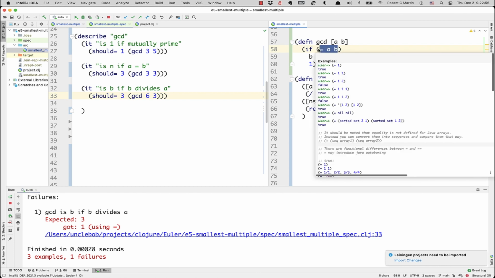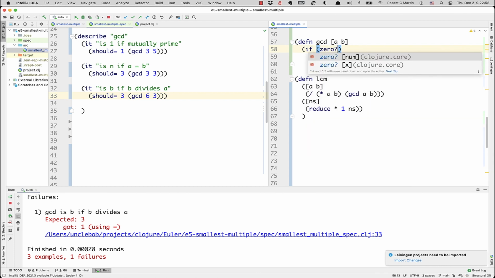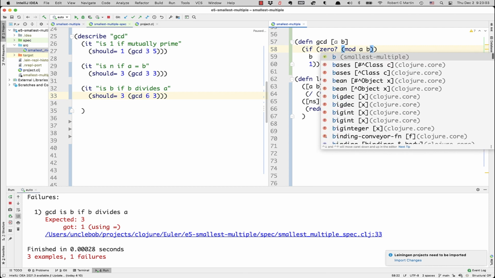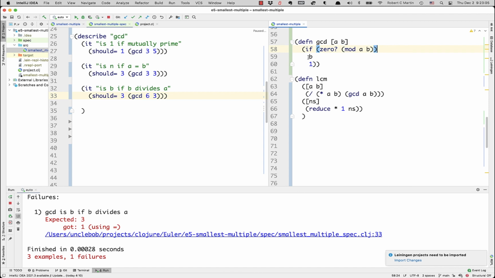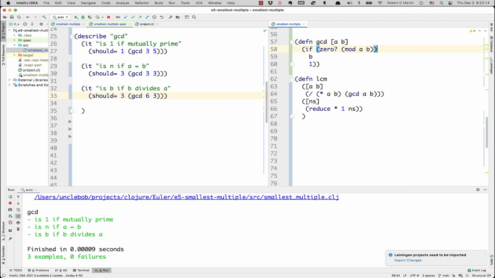If the modulus of a and b is 0, well, then we'll return b. Otherwise, we'll return what should we return? Well, I think that makes it pass. So that works. If they divide, then we return the divisor. Otherwise, we return a 1 because they don't divide. Okay,